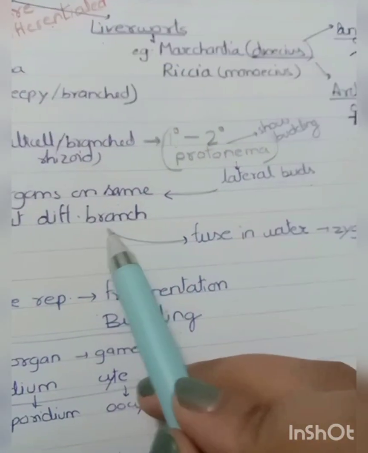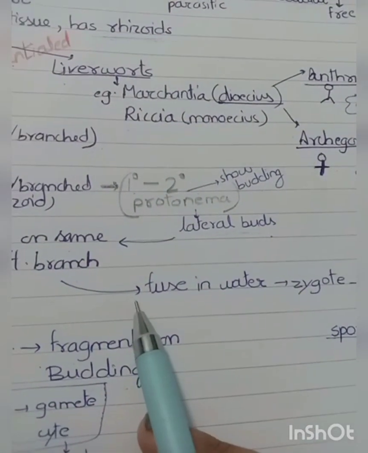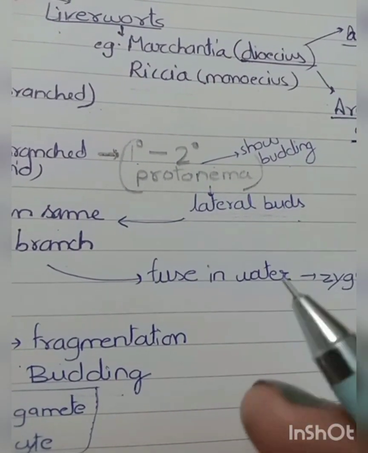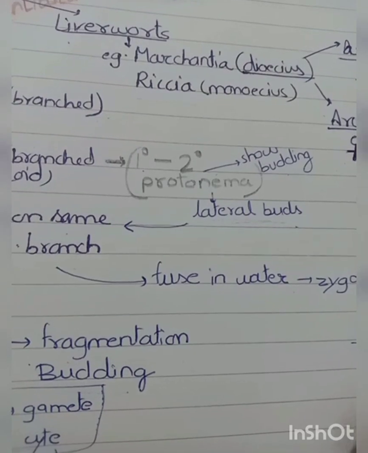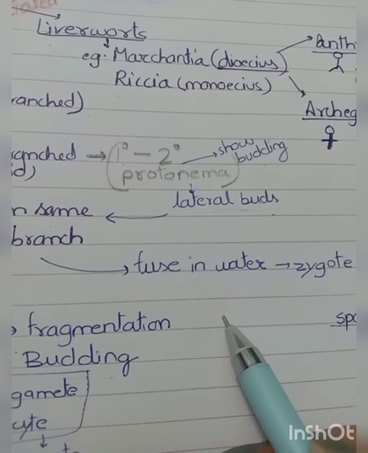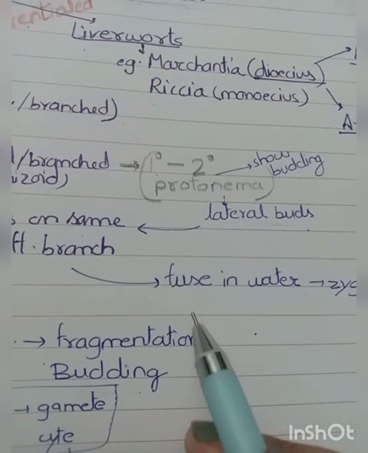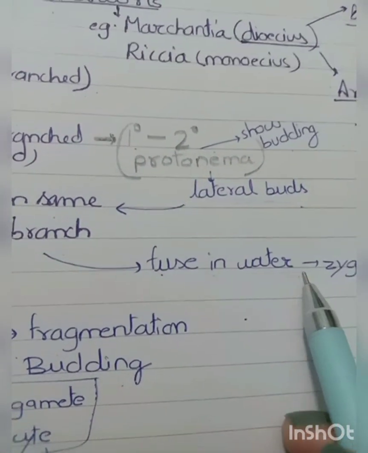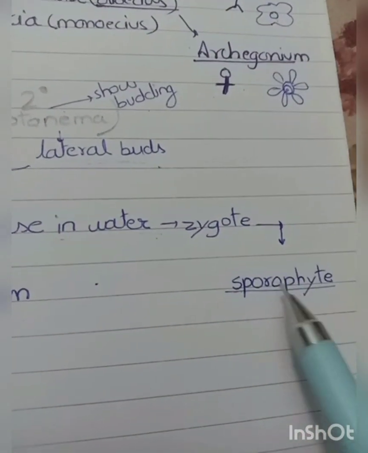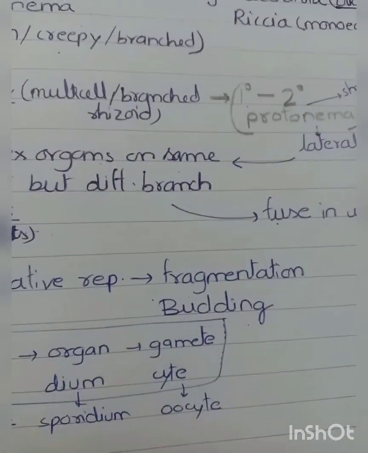So now these gametes, the male and female, the antheridium and archegonia, fuse in the water. The main point is that this is the reason why the bryophytes are known as the amphibians of the plant kingdom. It is because they live on land, but in a spot near the water, because they require water for their reproduction, for the sexual reproduction. And then they form zygote, and the zygote further forms the sporophyte. Okay, that is dependent on the gametophyte only.